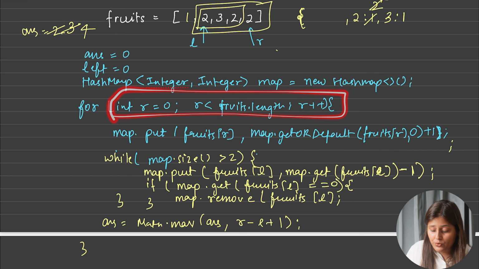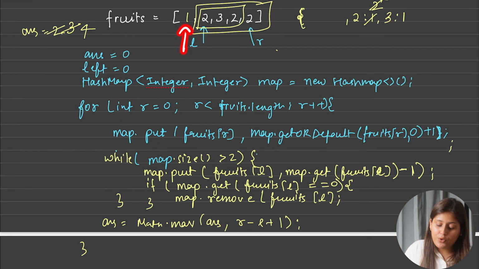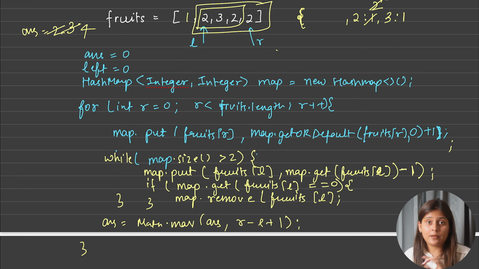Okay, and even if you feel this is a nested while loop, so it will be O of n square. No, if you see here, the left pointer started with index 0 only, and it is here. Even if you move the left pointer ahead, it will not restart from wherever it was earlier. So next time if we do left plus plus, my left is not going back again to the starting index. For every right pointer we are not moving the left pointer again and again.